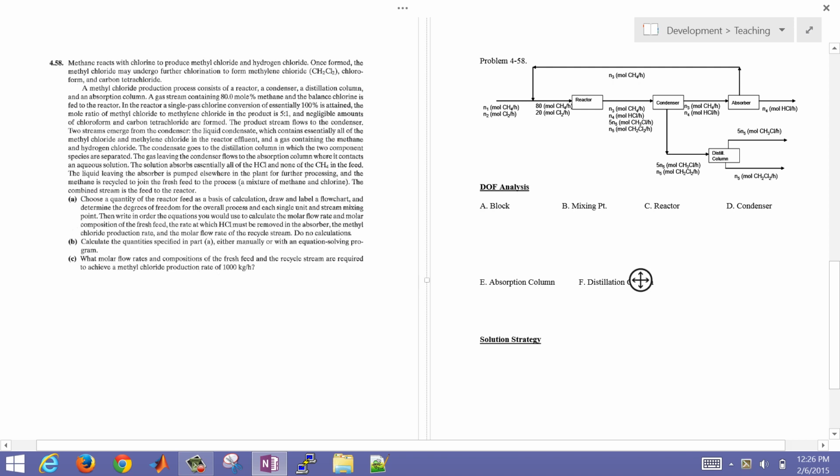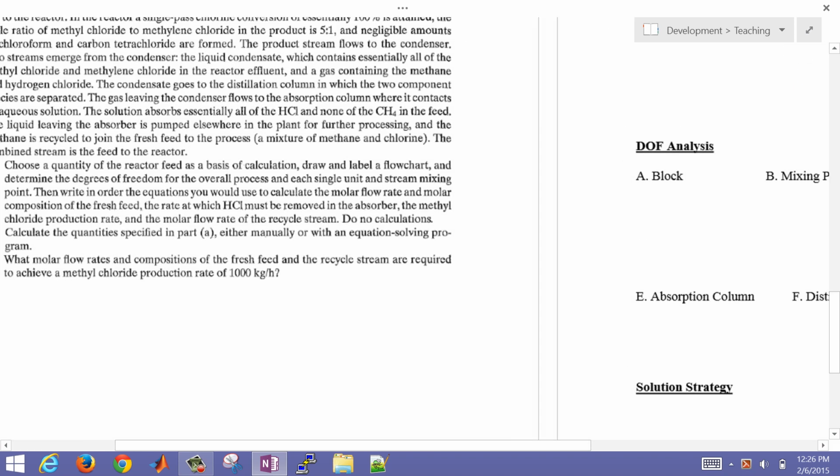We're going to work through this problem of production of methyl chloride. This is going to be the end product that we desire coming out of the reactor. And this separation, you have a condenser, an absorber, a distillation column, the reactor, and then also recycle. Okay, so in producing this, let's just go to our Word version of this, and we're going to use this